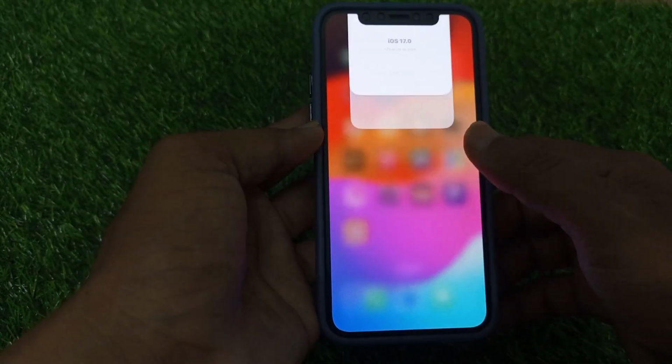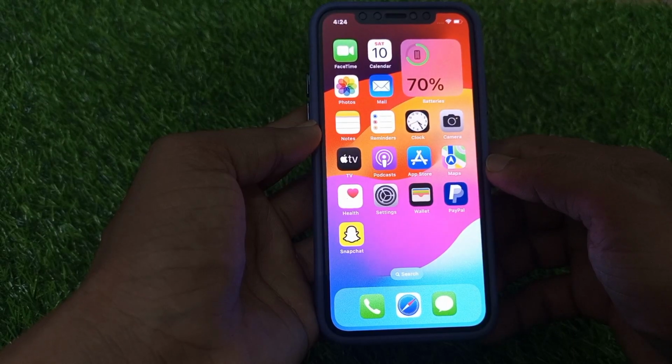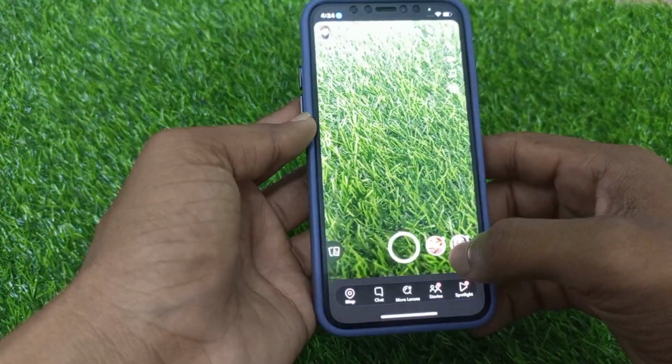So guys, I hope you all now know how to fix Snapchat filter not working on iPhone after updating